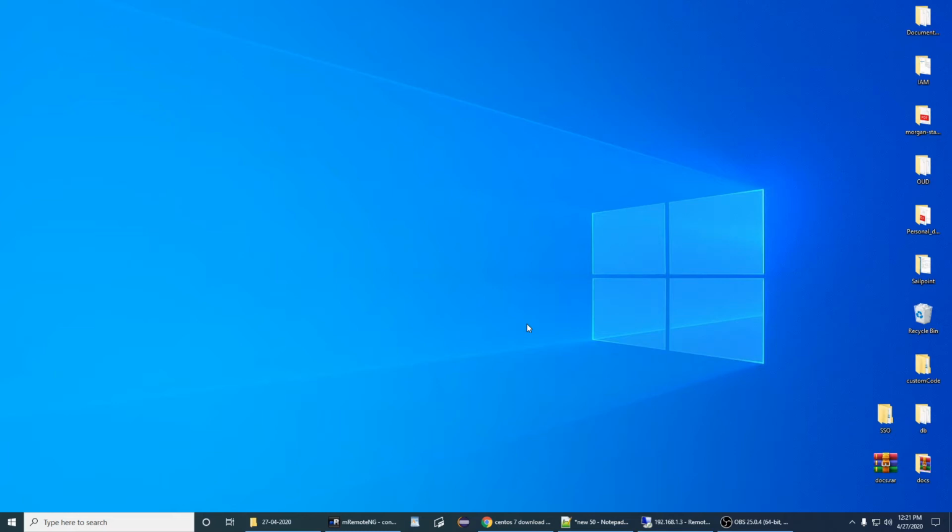So let's start. The prerequisite for having your Linux system, let's say you have Windows or Mac OS running, is that you need to have a Linux system. You must be aware of the VMware or virtualization concept.